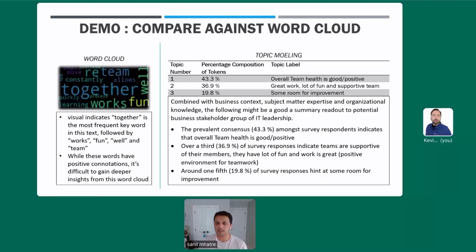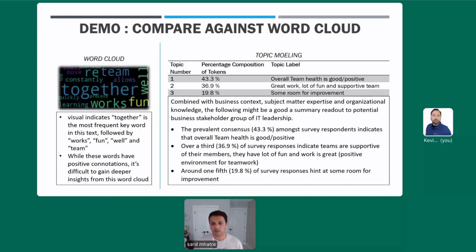So, looking at the topic modeling output, the analysis that I can present to our IT leadership group this time seems to be that the prevalent consensus, so 43.3% of the survey respondents, seem to indicate that the overall team health is good. It's overall positive.